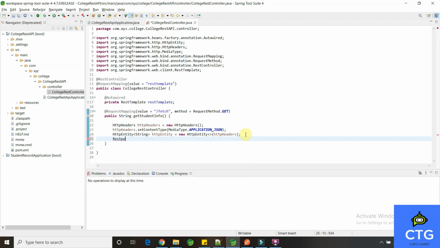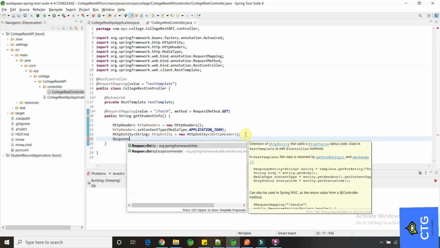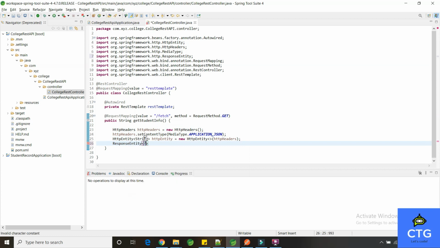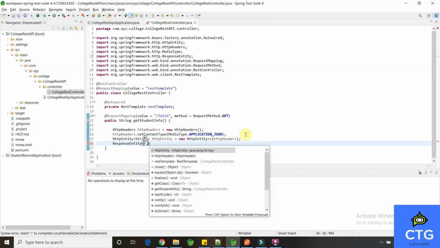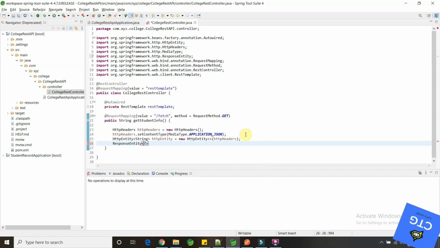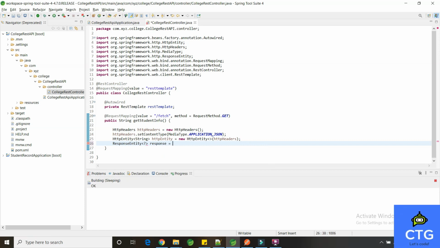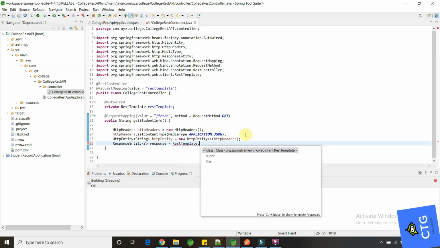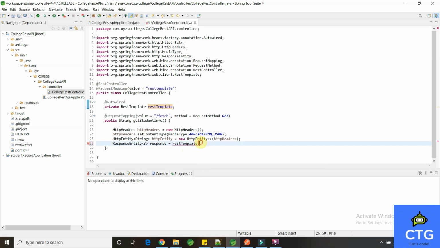And then now we have to create the response entity. The response entity return type can be annotated with a question mark, saying that it is an object. It can accept any type of response. For example, it can be string, it can be any POJO format, and then we are able to convert it. So this is the response. Now this template dot